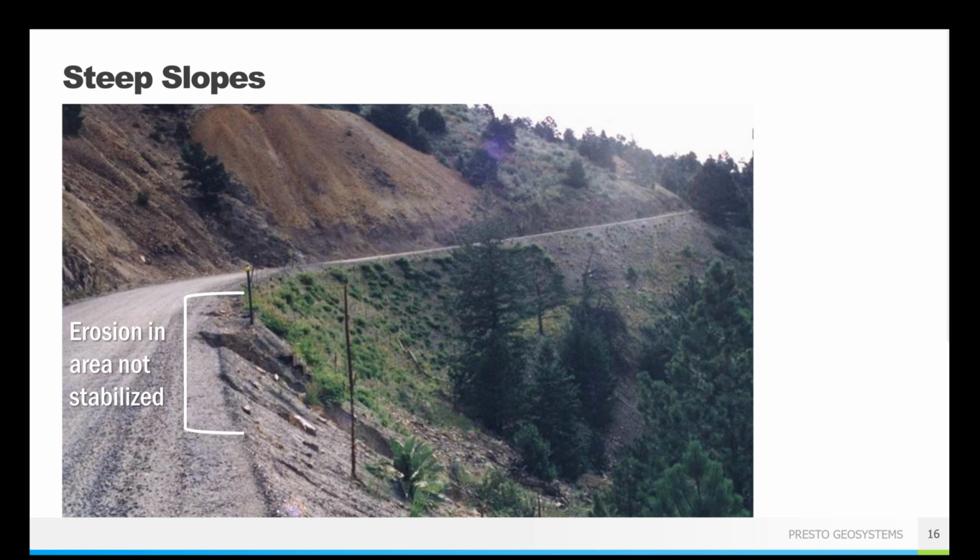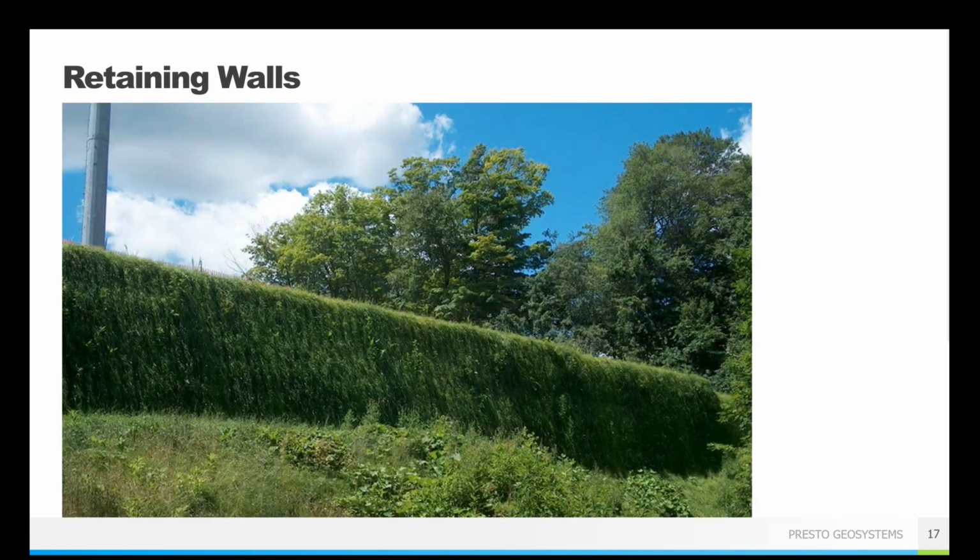All right. The decision as to whether or not to use that wall or that steep slope, as I said, is going to depend on your site topography, the end use of it, are there going to be lots of vehicles driving over the top of it, that sort of thing. And then also the soil properties that you have. If you have really good soil in place that can handle a steep slope on its own, that doesn't need a lot of internal reinforcement, that can help determine the final product.